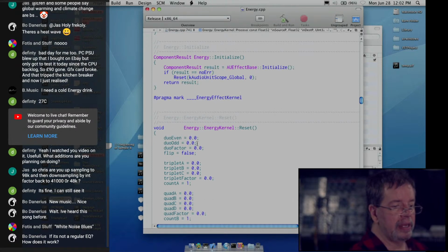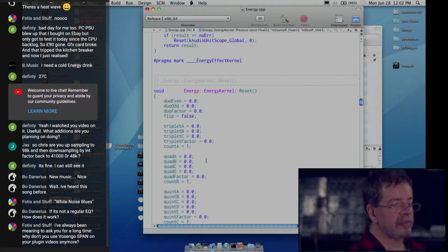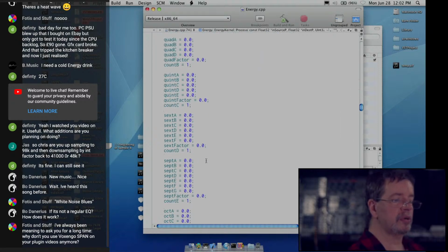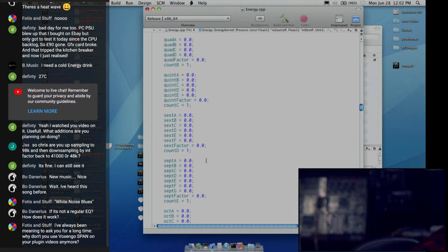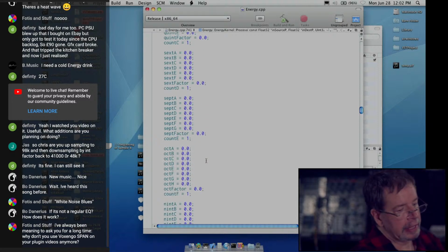It's like, okay, if you have 2 of this, it's called duo. If you have 3 of it, you call it triplet. If you have 4 of it, you call it quad, and so on. It's very primitive, this. This is an old plugin. Because I'm not using Voxengo SPAN in my plugin videos anymore. I mean, I own it, but...